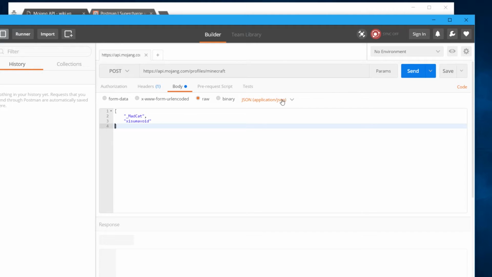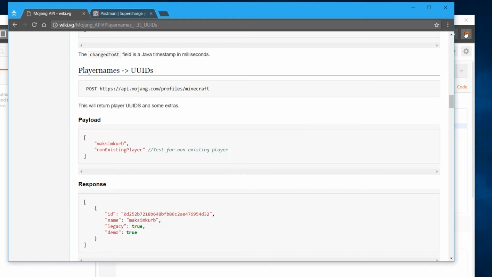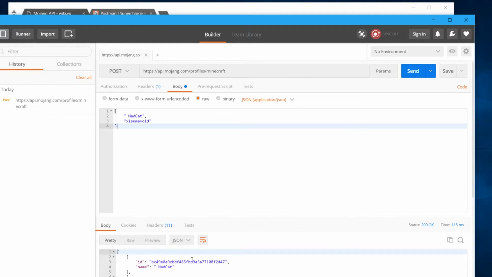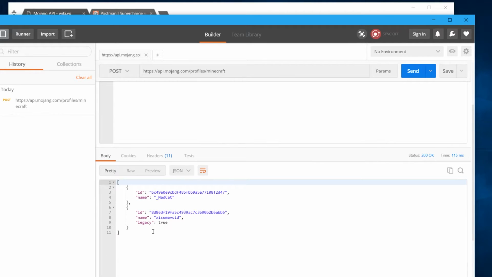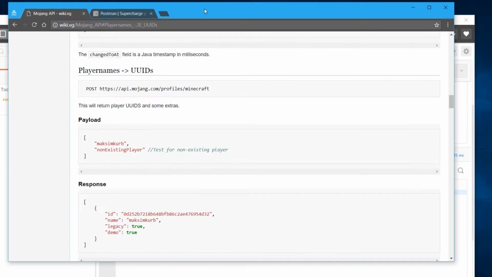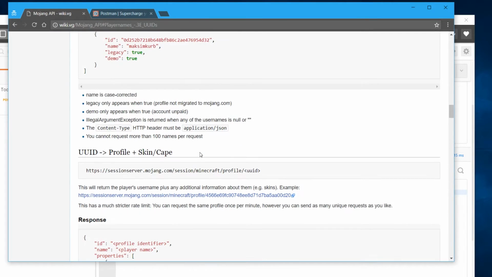Okay, so I think this is the right format. Let's send this, and here we go. We get the ID and the UUID, meaning the UUID from every player. In this case, we can copy this. No, first I'm going to show you the next one we need, which is